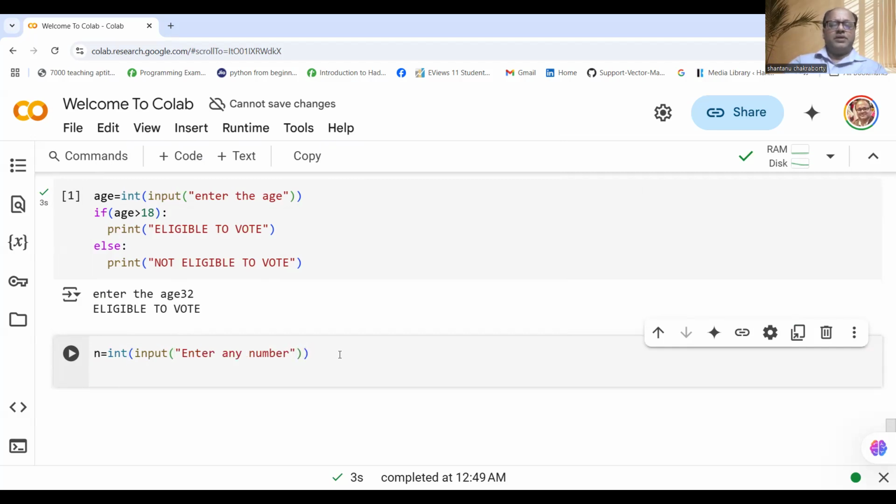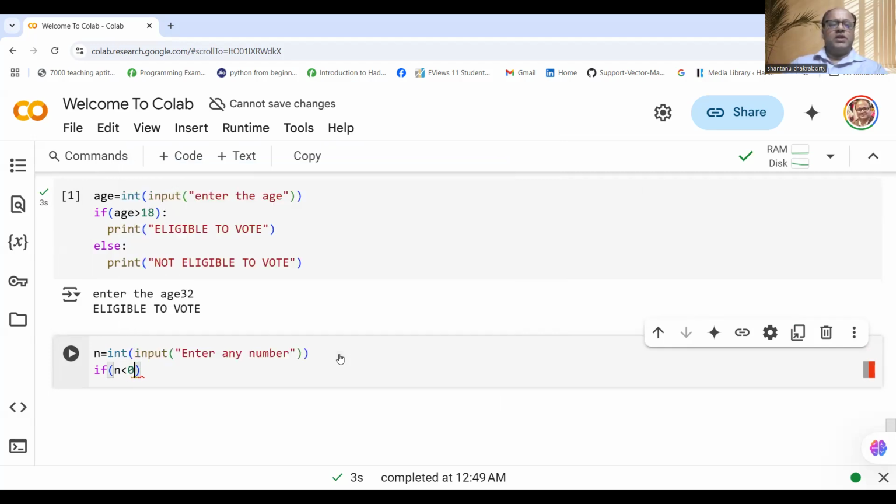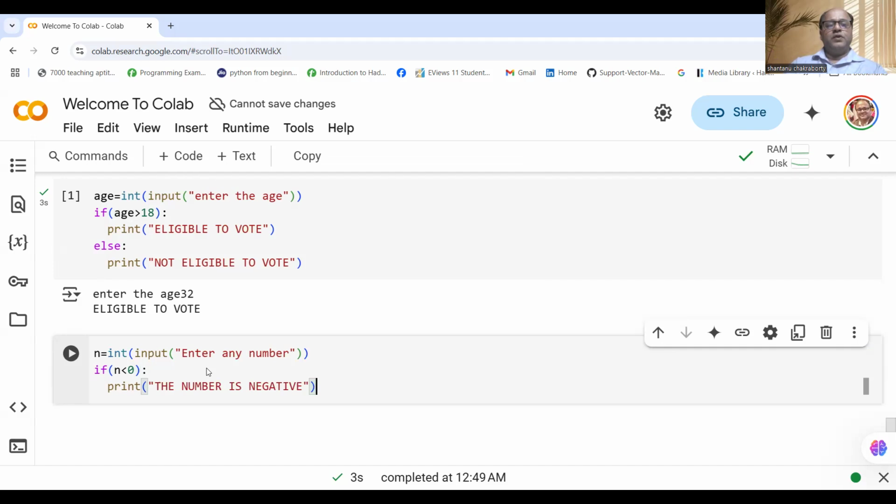Now, if that number n is less than 0, it will display the number is negative. The number is negative. For instance, if we go to the else part and see the number is elif, we use the elif statement,